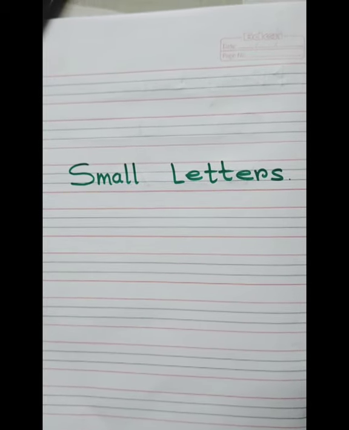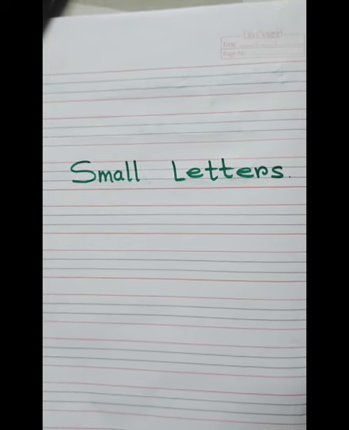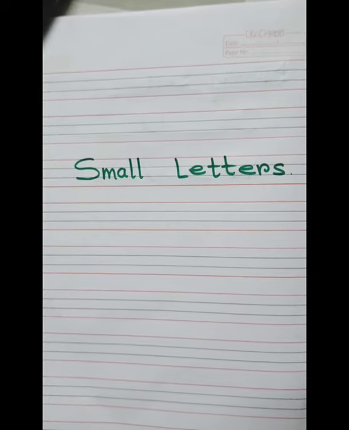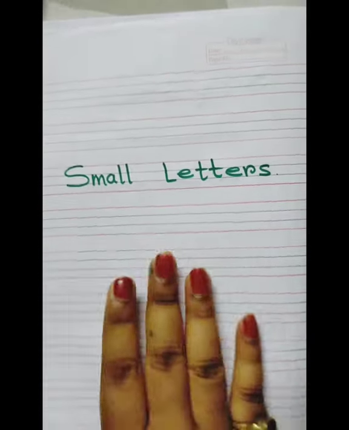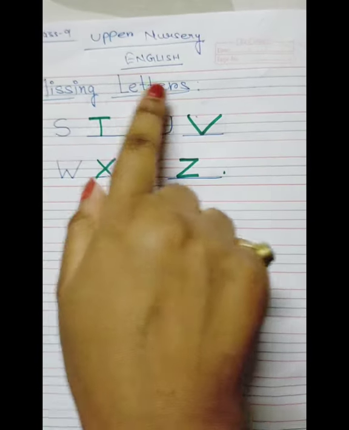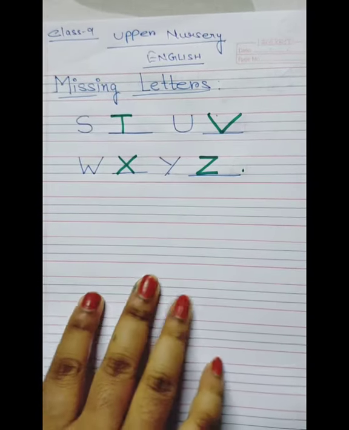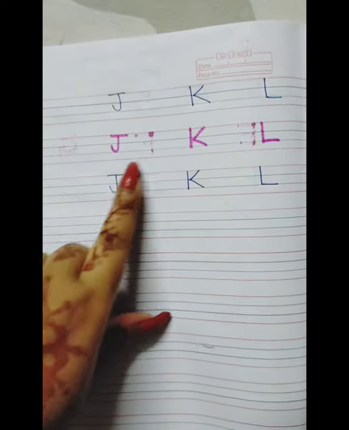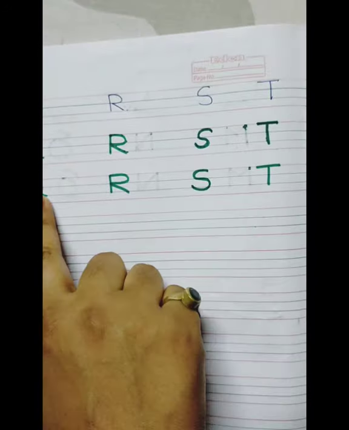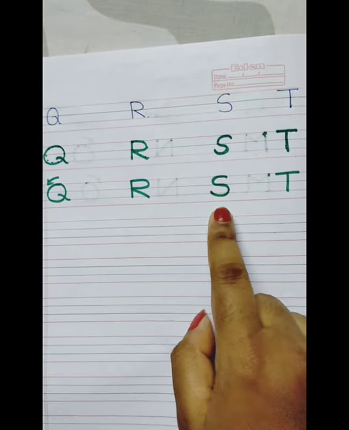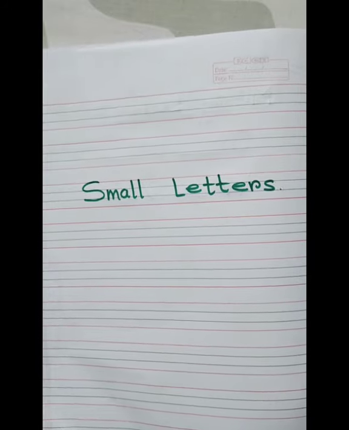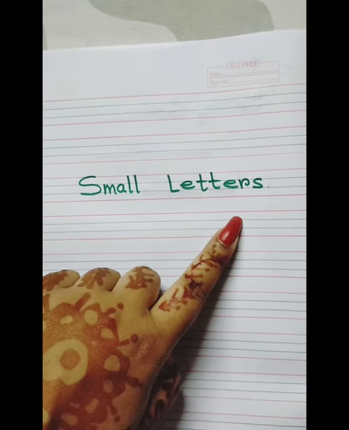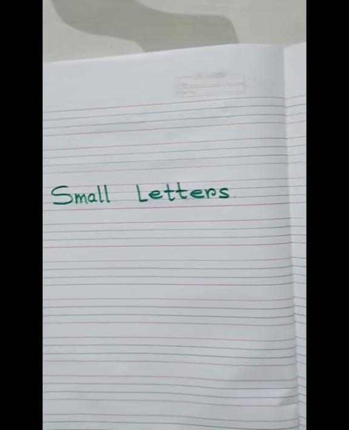In your previous consecutive classes, I have already completed the capital alphabets. Let me show you in a missing form till Z, and also how to write different types of alphabets in capital letters. So, in this class, I will start with small letters. How to write alphabets but in small letters. So let me start the class, children.